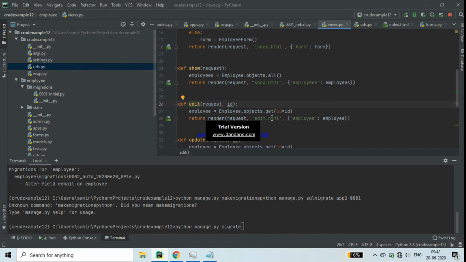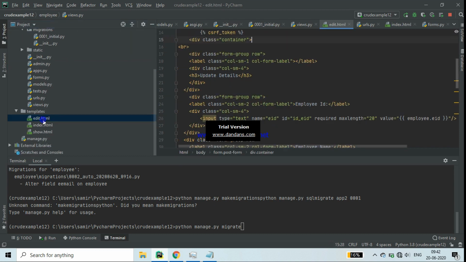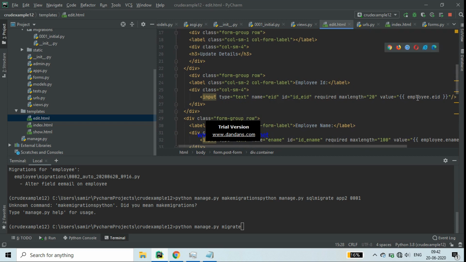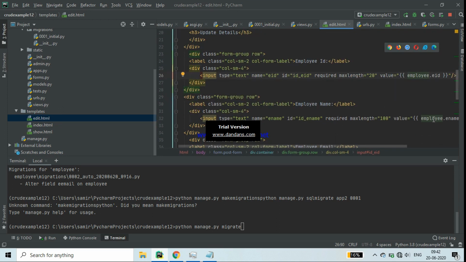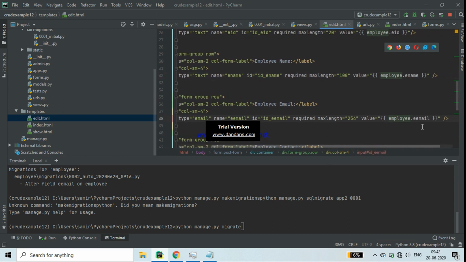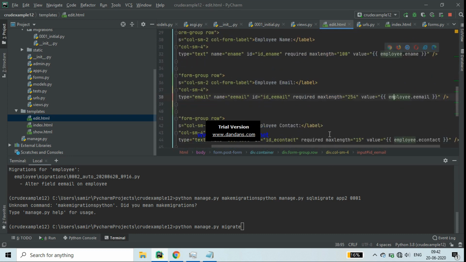Then suppose anyone clicks on the edit button with the id, so this is the object, then it will go to the edit.html page. This is the edit.html page. In the edit.html page you see, with the id it will come and show employee.eid, that person's employee id, that person's employee name in value, and that person's employee email.